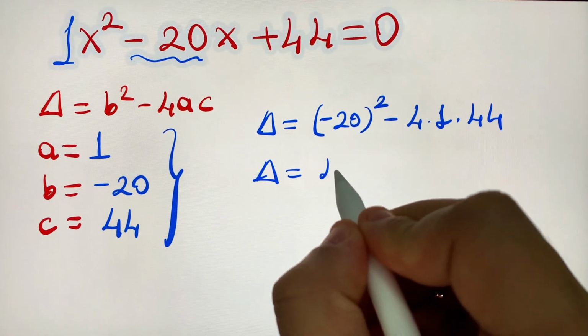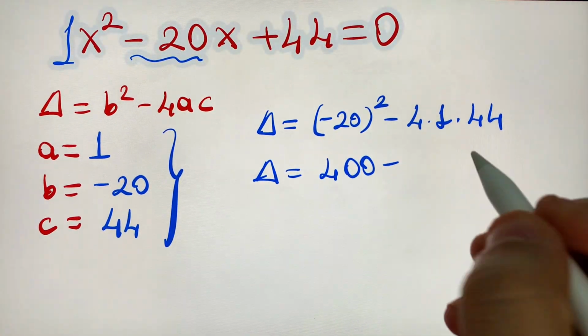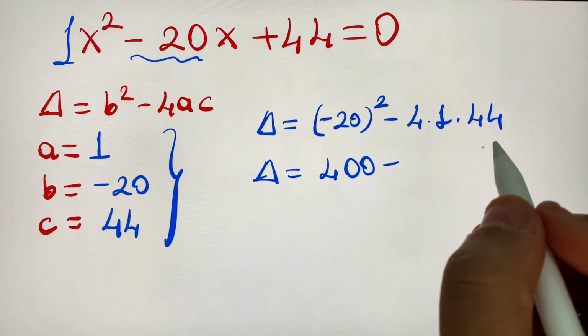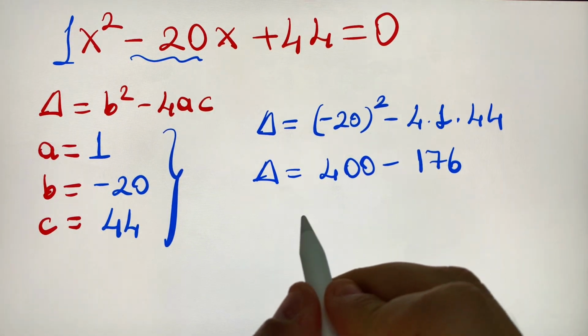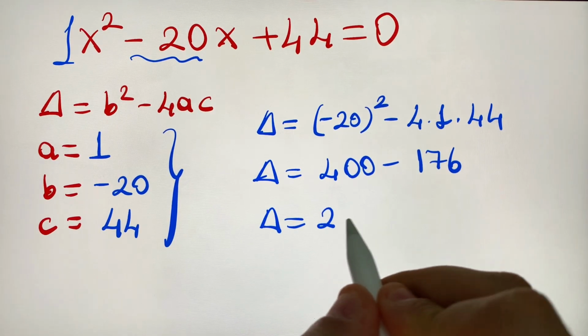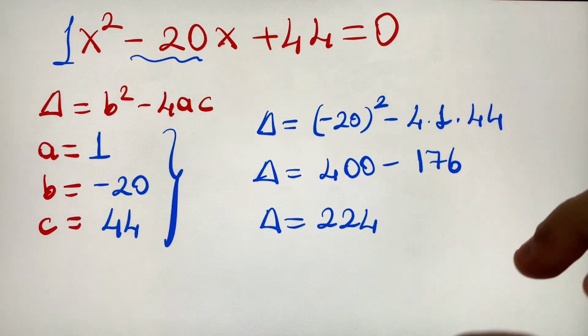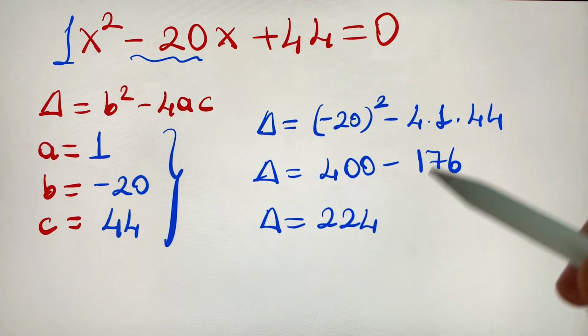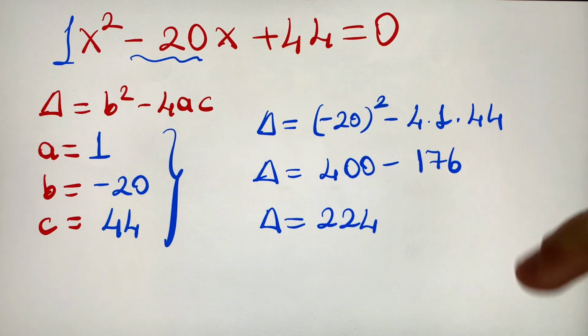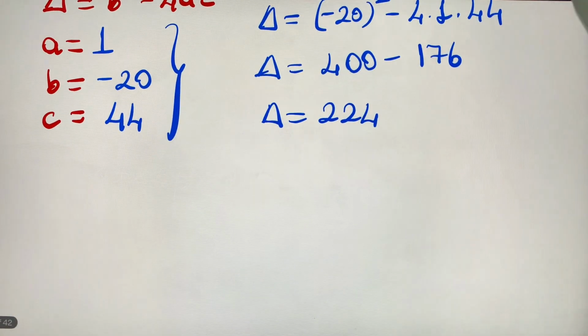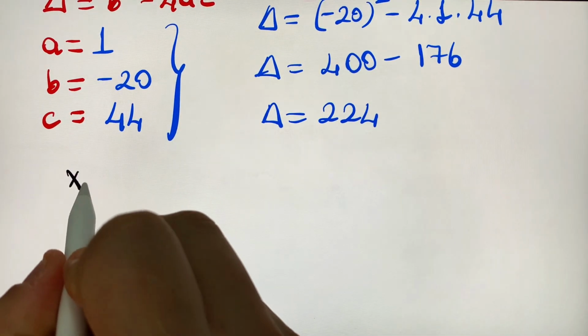Let's arrange a little. Delta equals 400 minus 176, which comes when we multiply these two. Delta is equal to 224. So what would you do here? Write in the comments, please, if you have another method. We continue: x1,2 is equal to